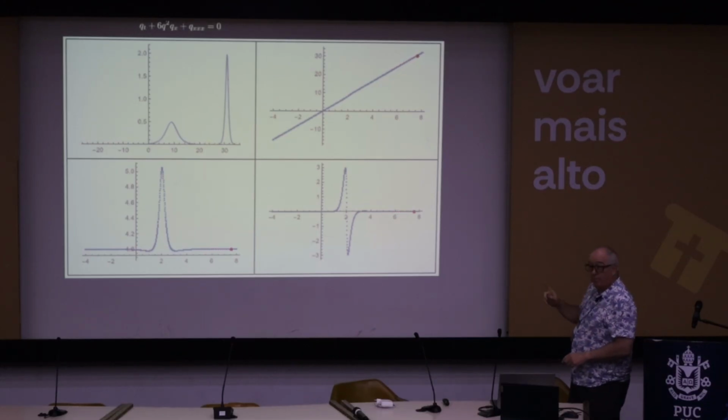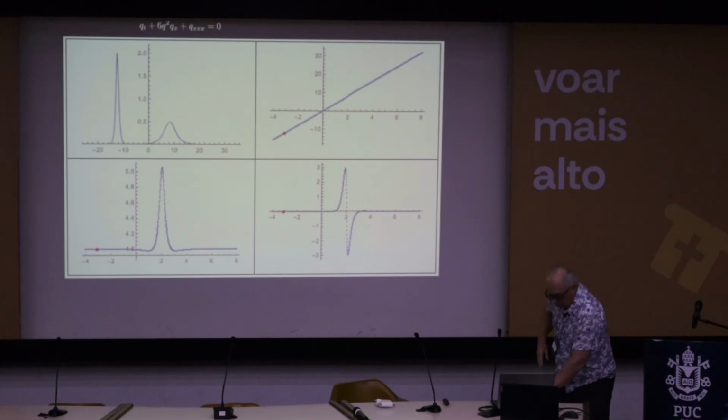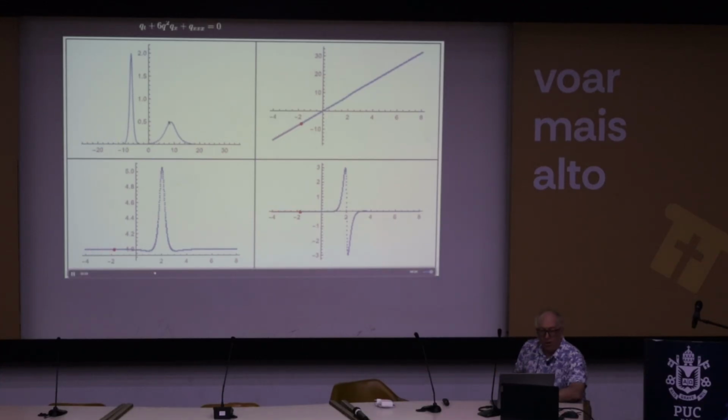Okay, so I want to watch it flow one more time. Focus on the upper left-hand corner, and I'm going to put the mouse at the peak of the smaller soliton, so you can watch what happens. After the interaction, I'm not moving the mouse, but you see that peak has been shifted backwards to the left, right? That's a canonical feature of the interaction of solitons. They call it the interaction of solitons as though we're talking about particles. And that's an important thing to point out, that there is a dual interpretation of this collection of solutions as particles and also solutions of the nonlinear partial differential equation, okay?